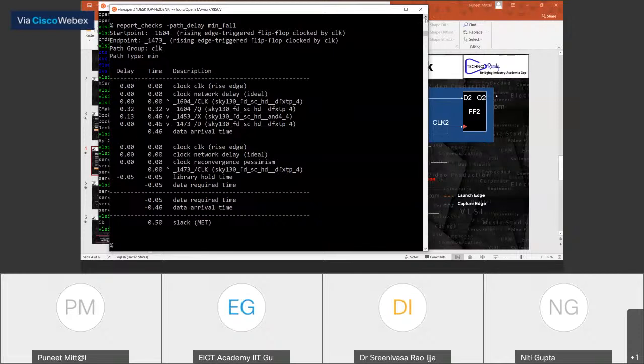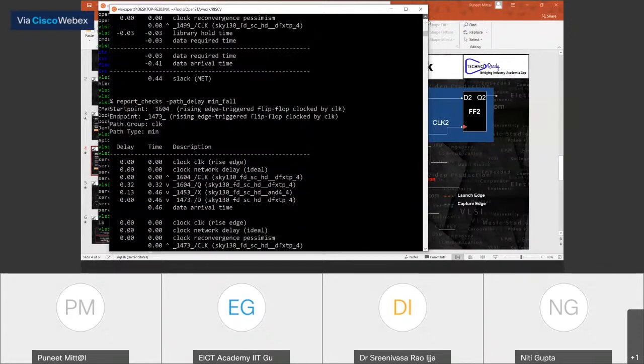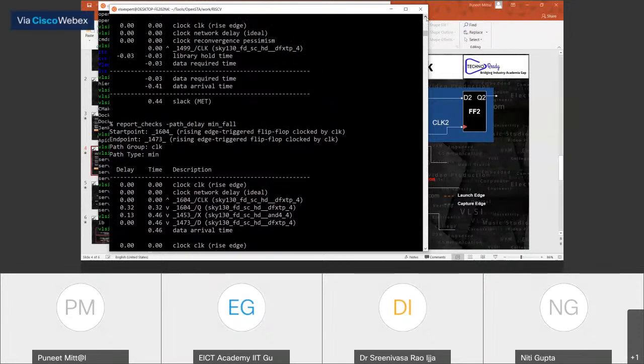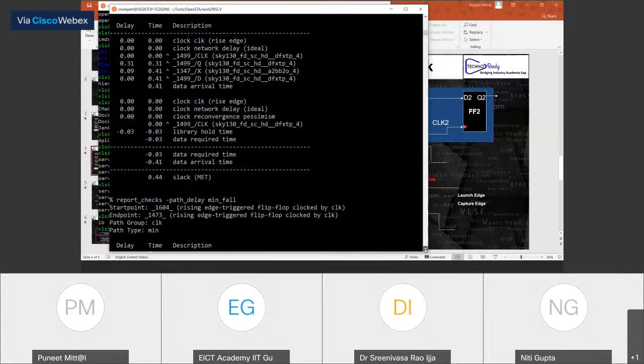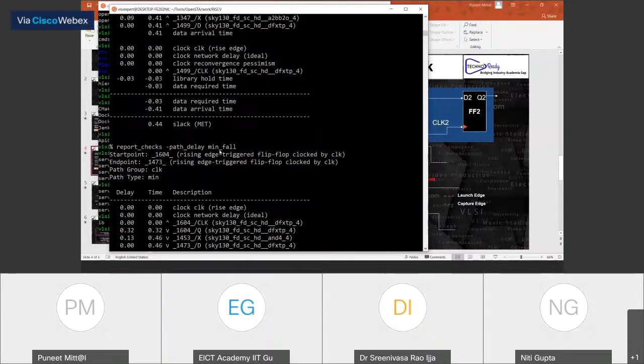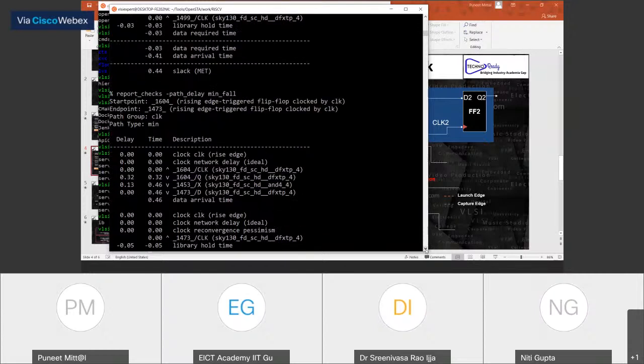So now check it. When it was min, it gave you the result of this particular path. You can see in this portion everything is on the rising side. The moment you said min fall, that means you are going to do the hold analysis when your edges are falling.